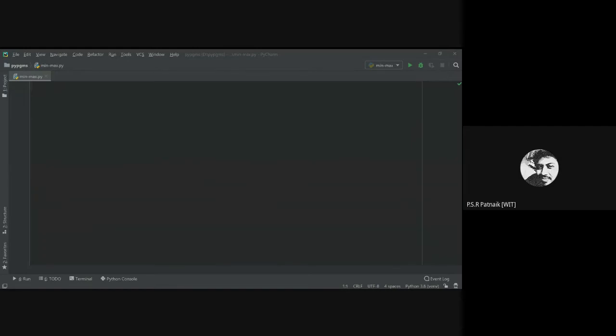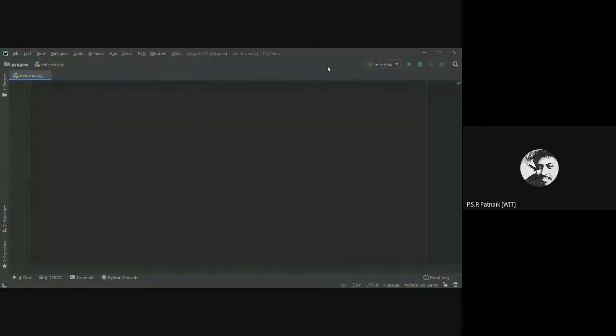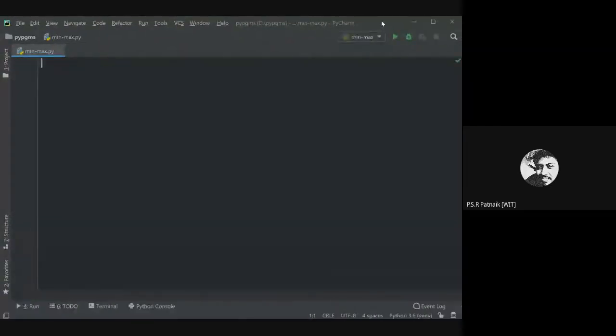Okay, let me write a program. I am on a screen window, so if you require anything, I might not have access to it. Let me see if I can have access to your chat window as well. Okay, now I have access to the chat window as well as the screen.